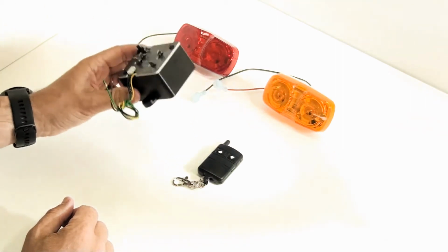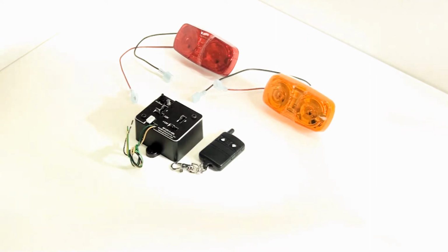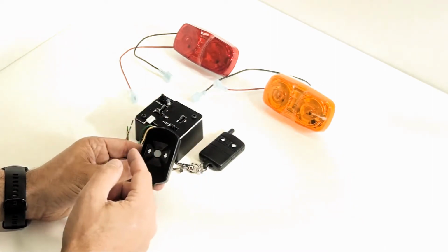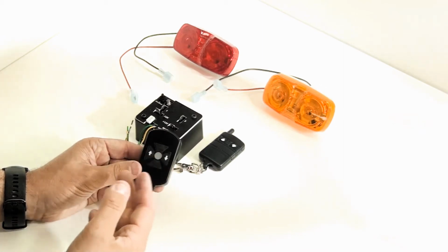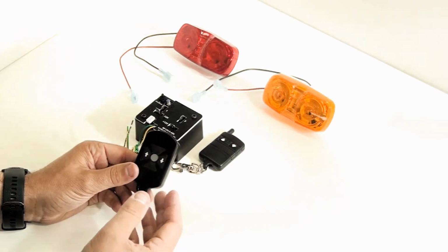When you purchase the unit, you're going to get a receiver and a transmitter. This is our standard transmitter. We also offer a waterproof transmitter. This is the same as the standard transmitter, but it has an internal gasket in it, so it's going to protect the transmitter if it gets caught outside in the rain or snow. It's not intended to be submerged, it's not that waterproof, but it will protect it against the elements if you're